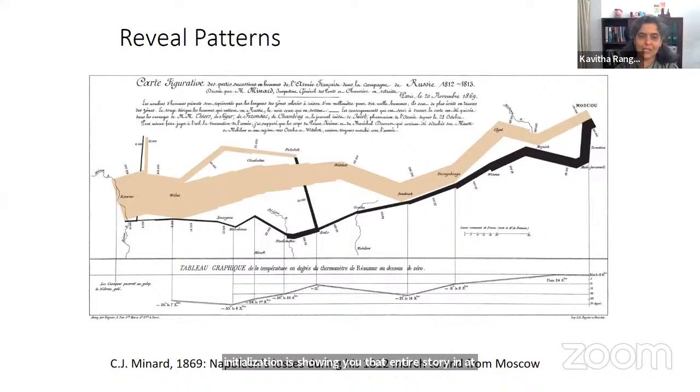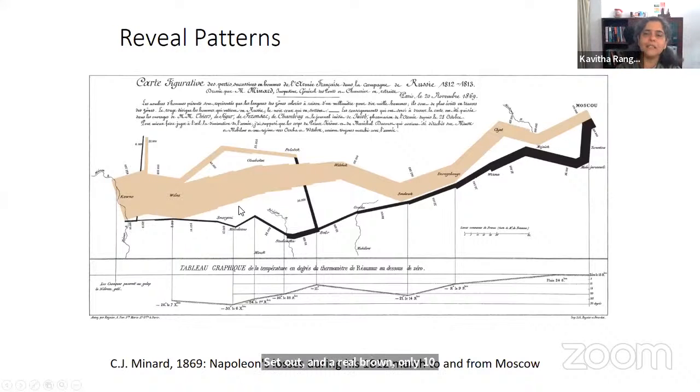with multiple dimensions. So the beige line that you see, that is the army marching towards Moscow. And then the black line you see is the army marching back from Moscow. Okay, that's the retreat. And the thickness of the line represents the number of soldiers who walked to Moscow and walked back, and the number of soldiers who actually got home alive. So you can see the massive army that set out, around 420,000 set out, and around only 10,000 came back home alive.